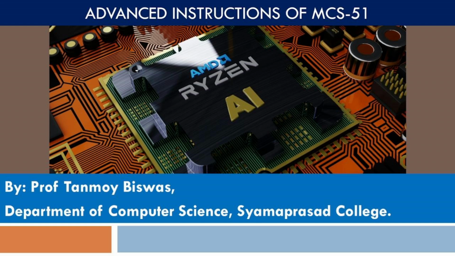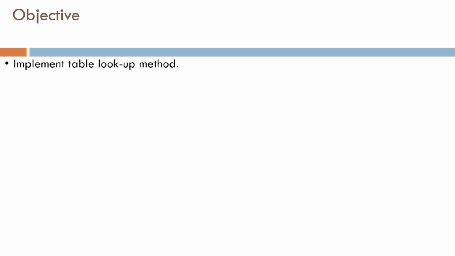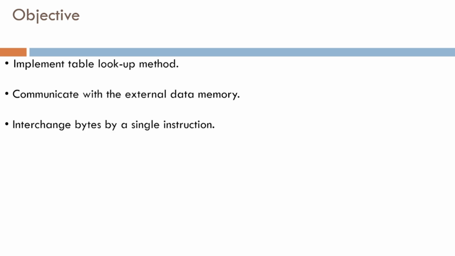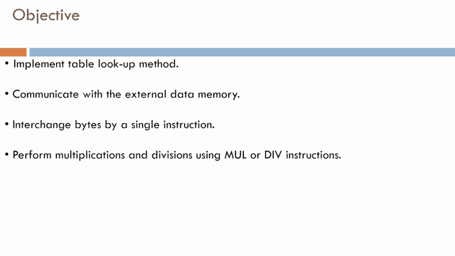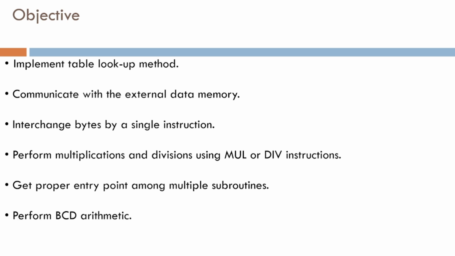What are the instructions that we are going to see? What is the conclusion that we are going to draw today? The conclusion that we are going to draw today is the implementation of lookup methods. We can then see the instructions which are used to communicate with the external data memory. Then we will have a look at the interchange of bytes by a single instruction. Then we'll see the examples of using MUL or DIV instructions which are used for multiplication and division on